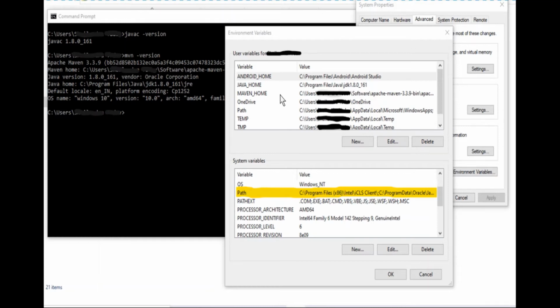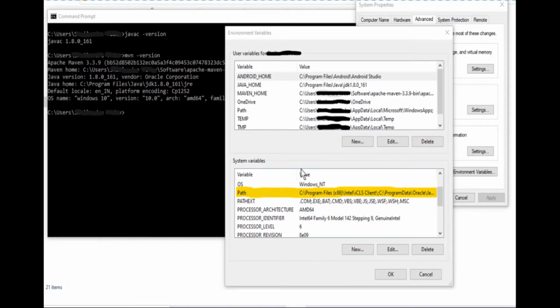Hello student, this is our third video, which is basically the continuation of the previous environment setup video, in which we have set the environment variables JAVA_HOME, MAVEN_HOME, and the Path, in which we have mentioned the path of the JDK till the bin folder and the Maven setup till the bin folder, which we added here and said okay.